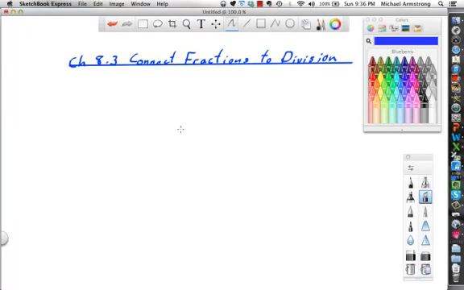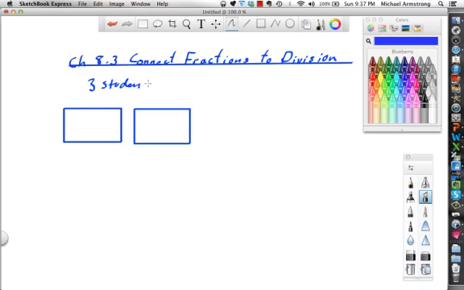Okay, here we are, chapter 8.3, Connecting Fractions to Division, and I think that you'll like this. It's pretty neat. We start with the idea that there's a teacher who hands out construction paper to students to share, and she gives 3 students 2 pieces of paper. So we have 3 students, but they have to share 2 pieces of paper, which shows us a division problem: 2 papers divided by 3